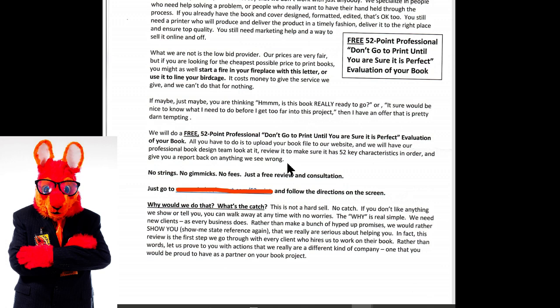Rather than make a bunch of hyped up promises, we would rather show you. Oh, she did it. She did it. You remember the Show Me State reference that we made on the previous page? It was really good, wasn't it? Anyways, that we are really serious about helping you, which is why I just made a joke about my state's motto. You know,